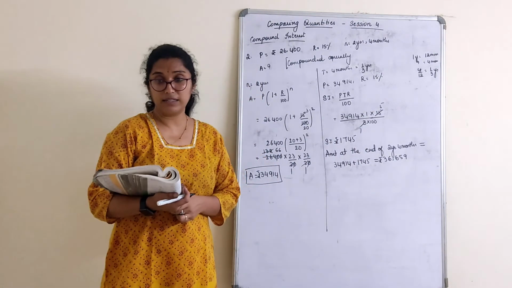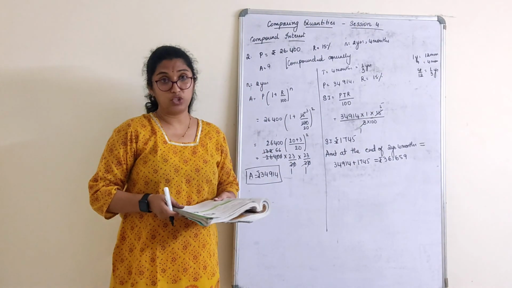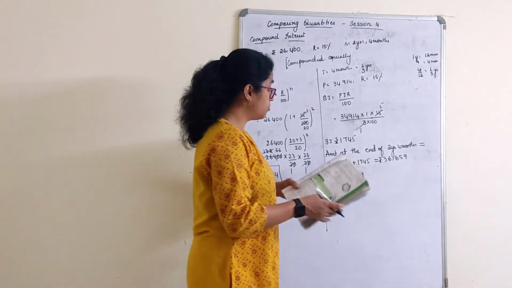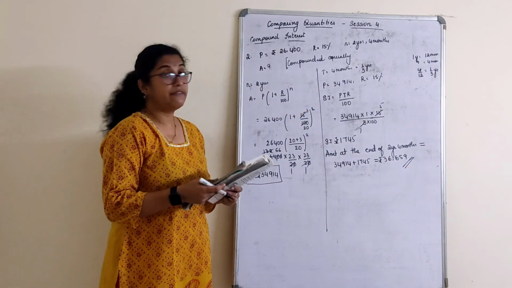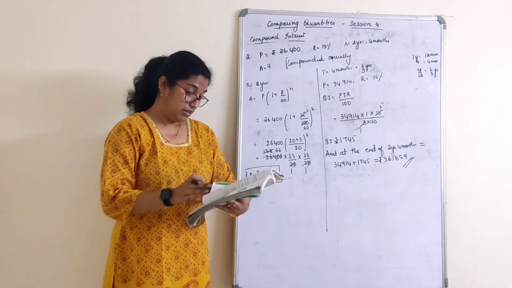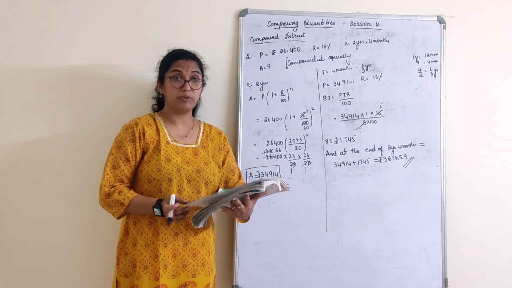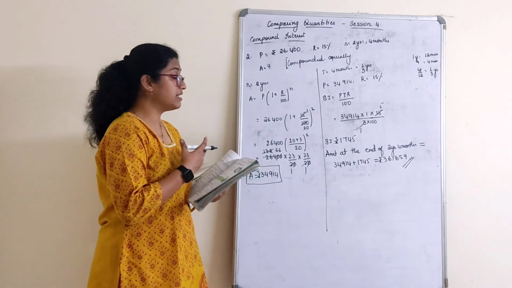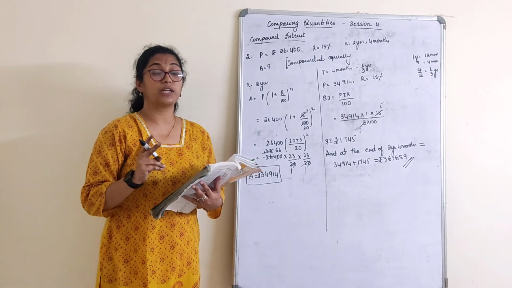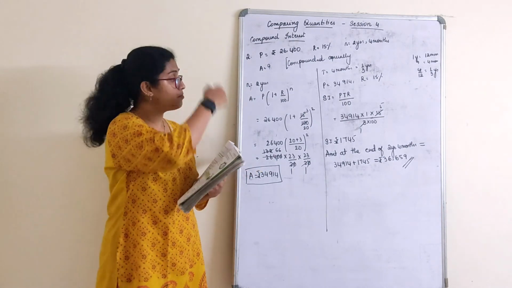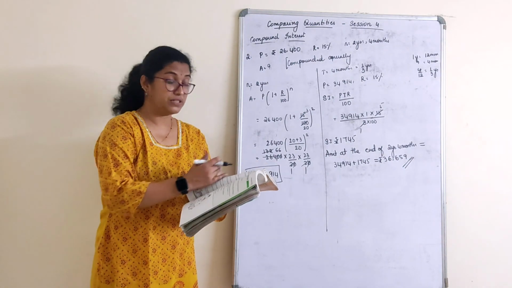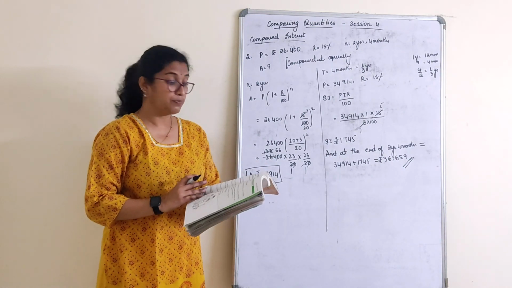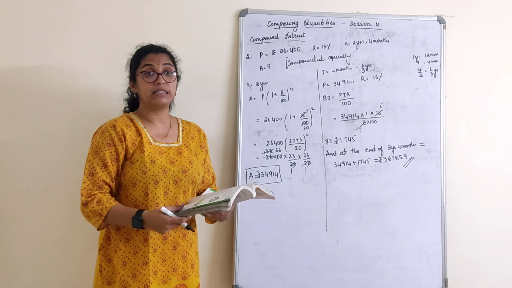Just check with the answer. This is how you actually do the sum. I will not start with the remaining sums, because first of all I want you all to understand these types of sums. With the two homeworks I have given, just repeat these sums from the beginning. Only if you understand this, I think the next set of sums you can follow very clearly. So the remaining sums will be done in the next session.